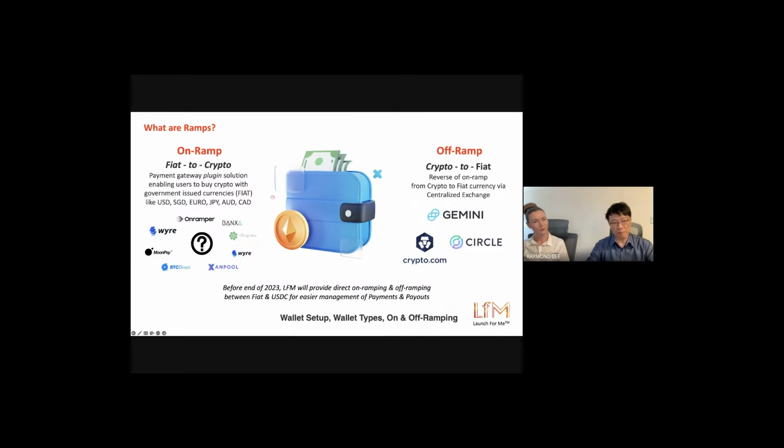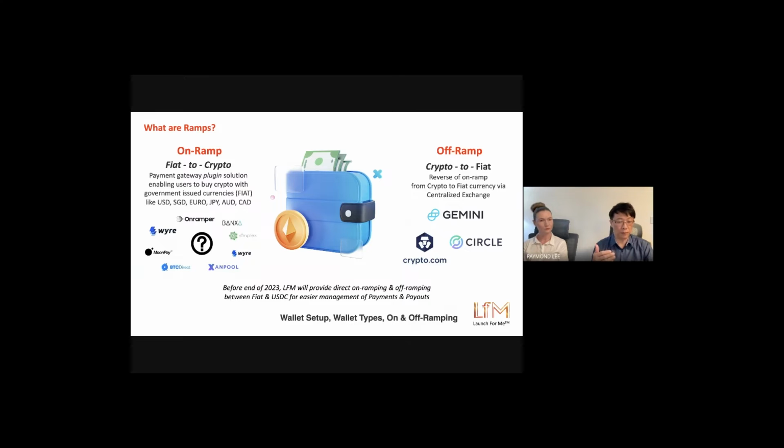In on-ramping, there are three ways. Credit cards is the simplest, but credit cards are typically limited to maybe $4,000 or $5,000 US dollars per transaction. For wire, there's a larger fee. It's usually a flat fee like $8 to $25 per transaction, just to change that fiat into cryptocurrency. And the third one is through a clearinghouse. But clearinghouse is only available for Americans currently and for the Euro community. So for Americans, it's the automated clearinghouse, we call it ACH, and then the next one will be